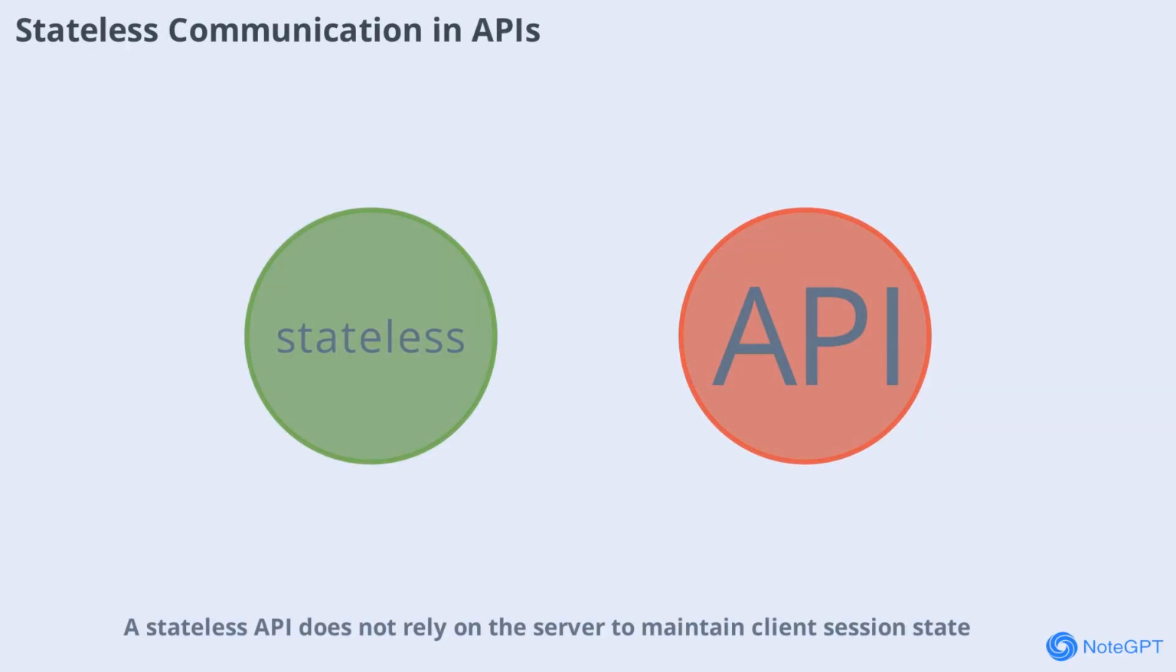contexts. A stateless API does not rely on the server to maintain client session state. Each request contains all necessary information, making the server's job simpler and improving scalability. Stateless APIs are cacheable and compatible with various systems, but may be less efficient for applications requiring frequent, small requests